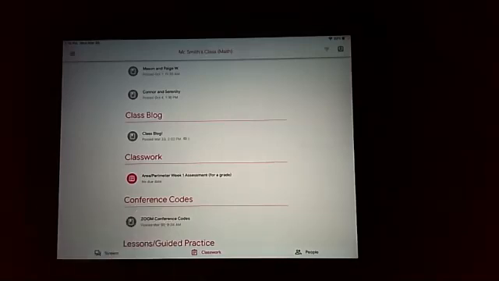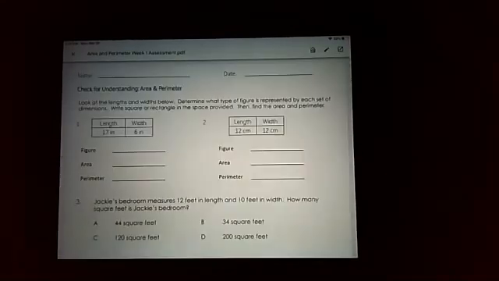So first thing you want to do is go into the class that you're in. I'm using my math, obviously. And you want to look for the assignment that you have. I'm going to use last week's assignment, the Area and Perimeter Week 1 assessment for a grade. I'm going to click on the assignment. I'm going to get to this page and I'm going to press the attachment and it's going to bring up